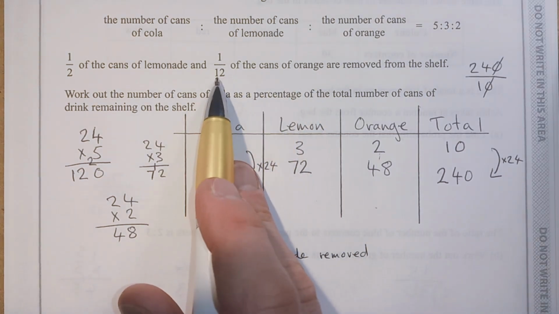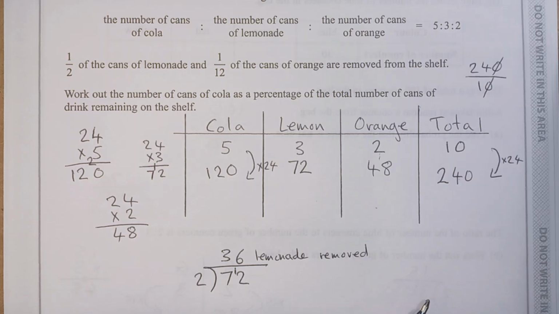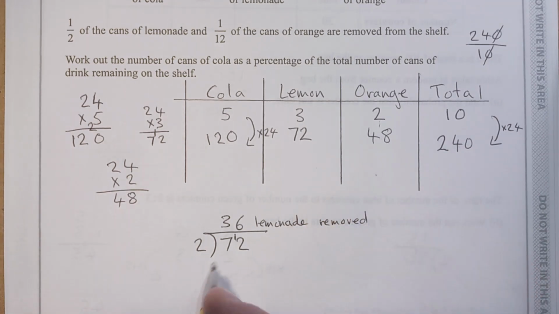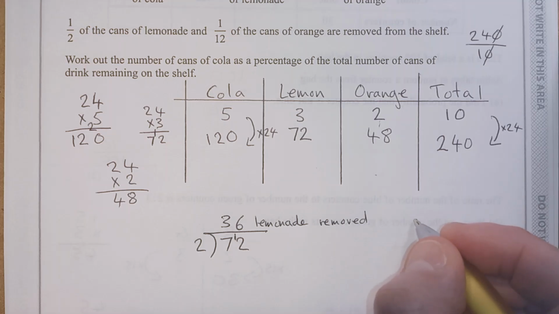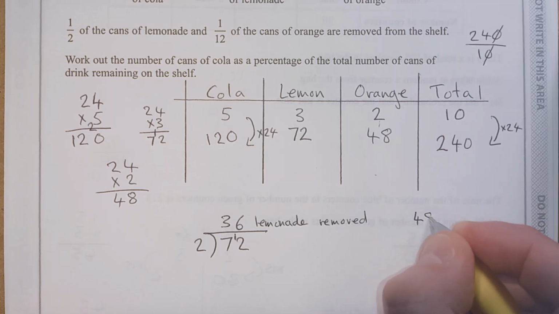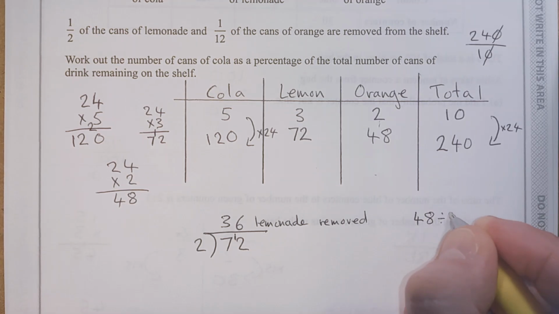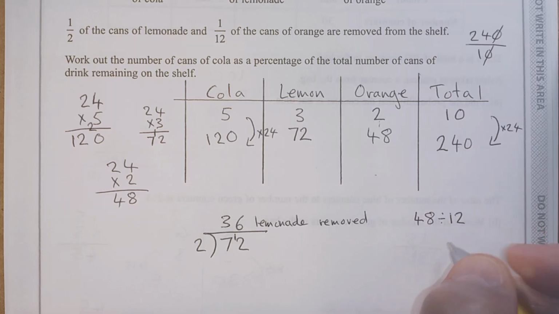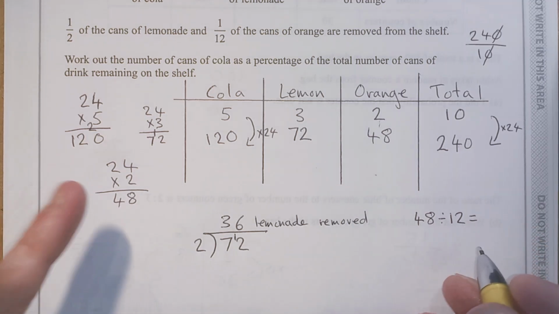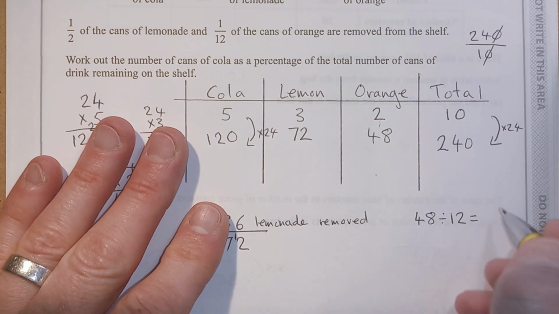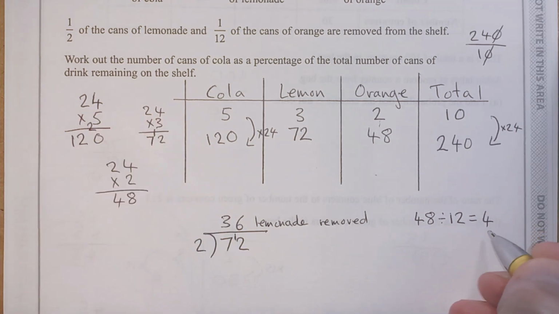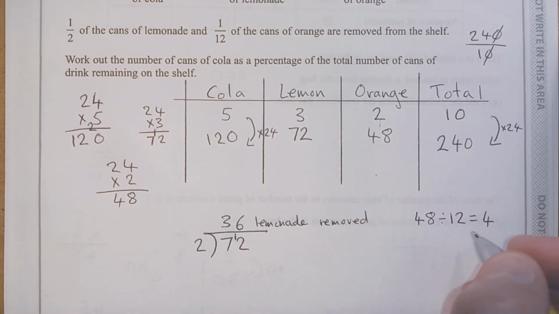Okay, so we've got 1/12 of the cans of orange are removed. Well, we've got 48. So, well, really what we want with this one is, let's do it over here. We want 48 divided by 12, 1/12. So with this one, it's best to just do your 12 times table. 12, 24, 36, 48. So that's going to be 4. So we've got 4